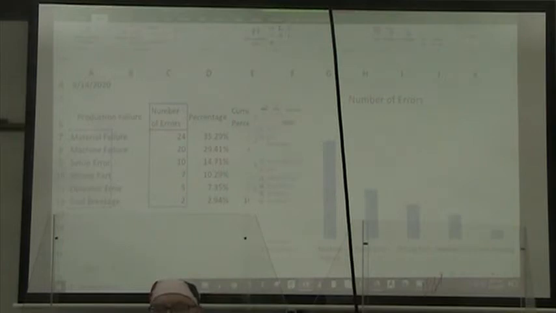No, not format chart area. There we go. Right click and I get format axis, axes, on the bottom. Right, and if I click on that, it gives me then